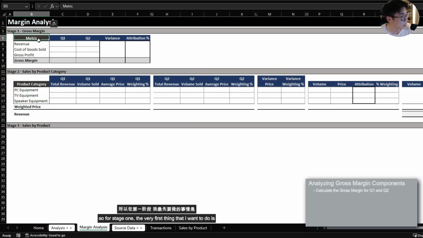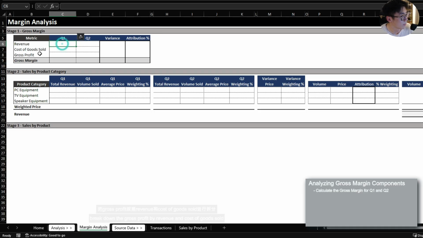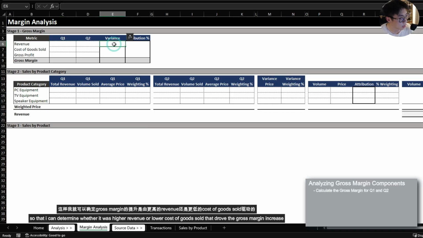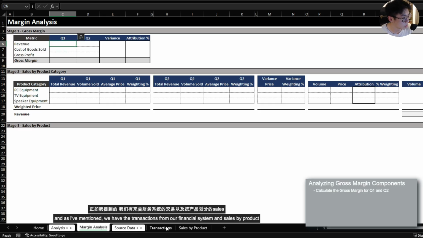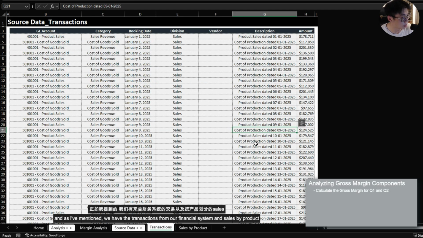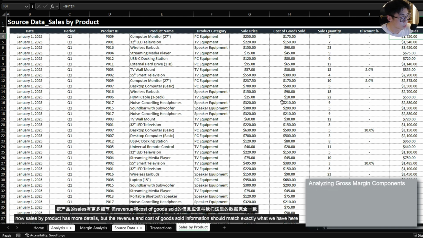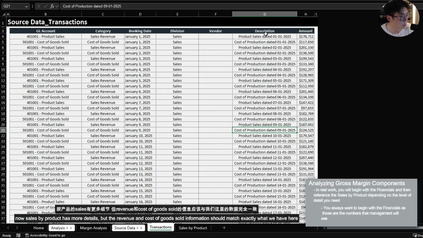So for stage one, the very first thing that I want to do is break down the gross profit by revenue and cost of goods sold so that I can determine whether it was higher revenue or lower cost of goods sold that drove the gross margin increase. And as I've mentioned, we have the transactions from our financial system and sales by product. Now, sales by product has more details, but the revenue and cost of goods sold information should match exactly what